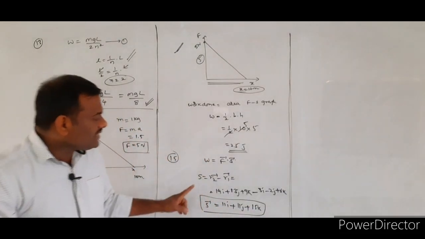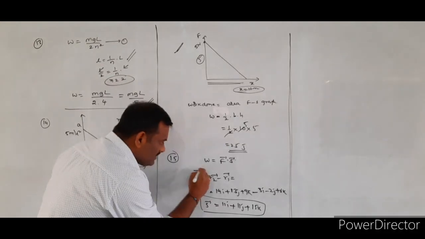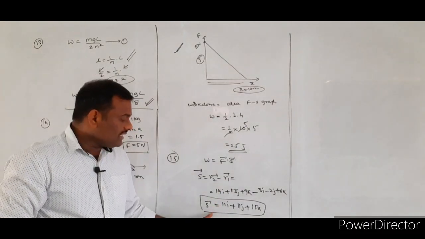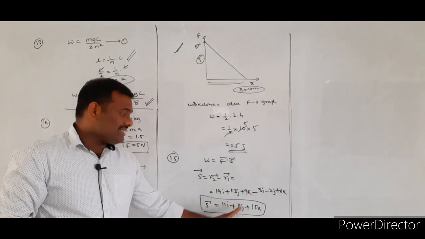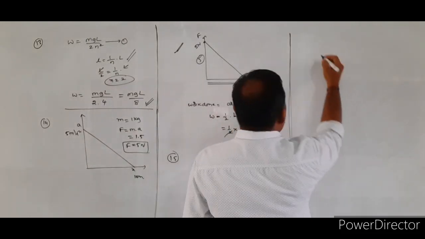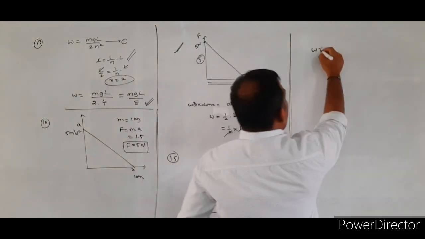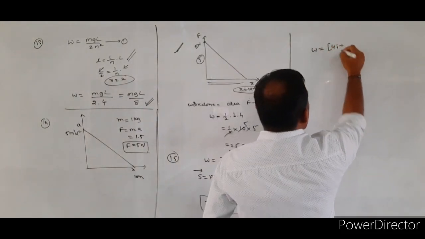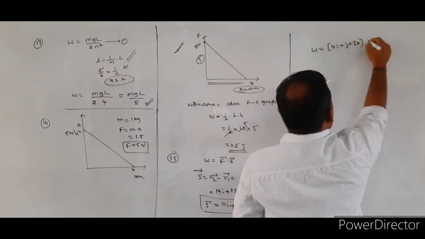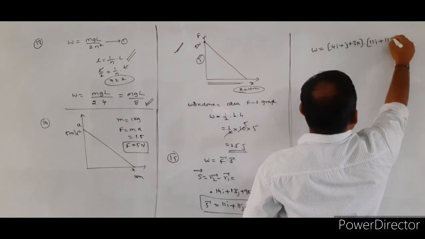How can we calculate the displacement vector? Displacement vector S bar is equal to R2 bar minus R1 bar. You got the displacement vector is equal to 11i plus 11j plus 15k. Now we take the dot product of the force and displacement. Work done is equal to the applied force, 4i plus j plus 3k, dot 11i plus 11j plus 15k.